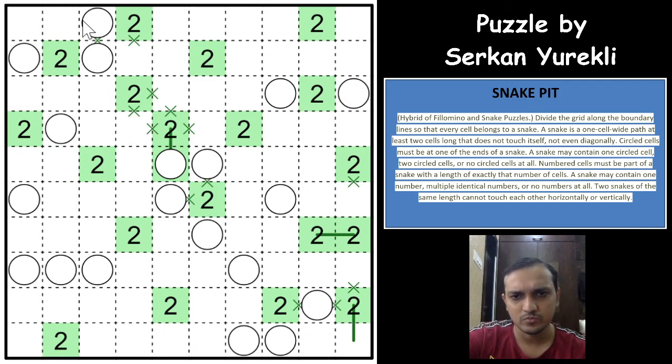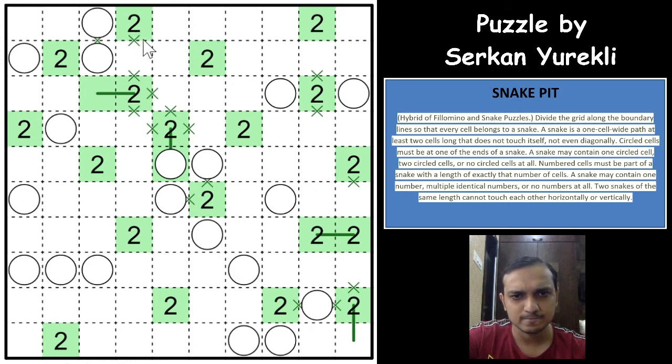Okay, so there is a cross here as well, and as you can see these two will either go this way or this way. So in both cases these two cannot come down. If this two comes down, this two doesn't have anywhere to go. So you can mark a cross here as well. This two will either go this way or this way, right? I can mark a cross here as well, which means that this two would have to go this way.